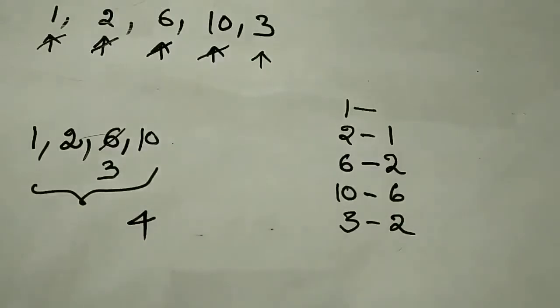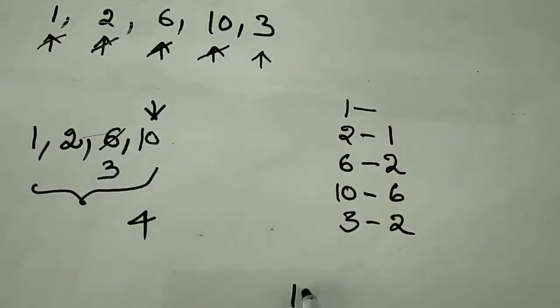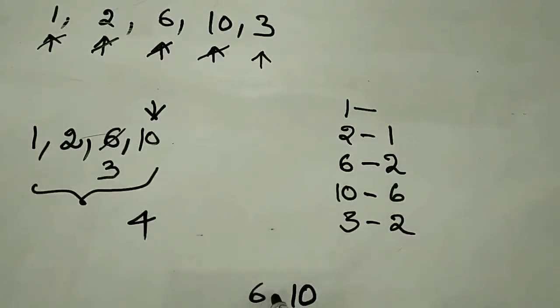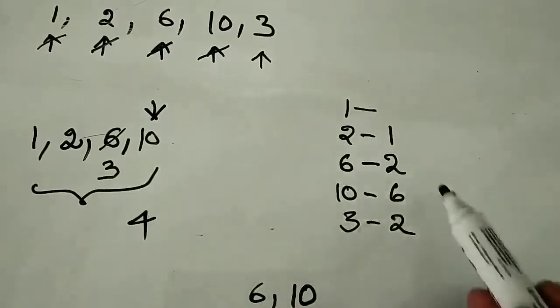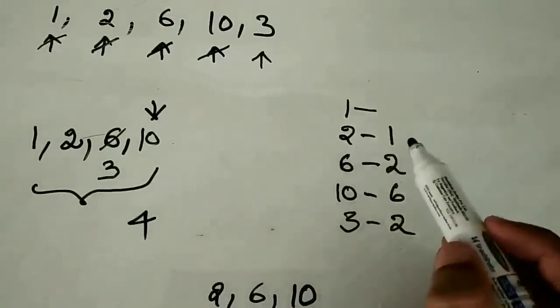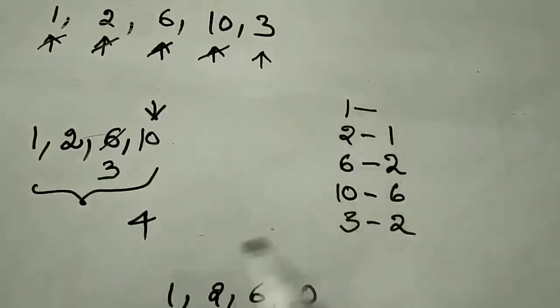And if we want to identify what all the elements in that sequence are, then simply pick up the last element from that array. The last element from that array is 10. 10 has come from, you can see, 6. After 6 actually 10 has come. 6 has come after 2. 2 has come after 1. 1 has come after nothing. So I am done with this, and this is the right sequence. This is how we need to identify the elements in the sequence.